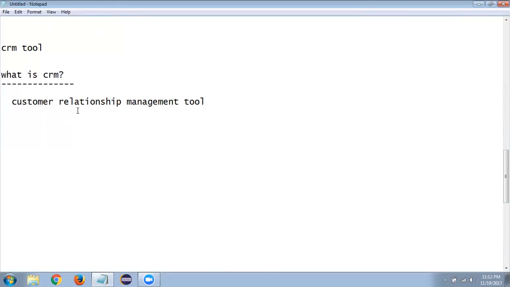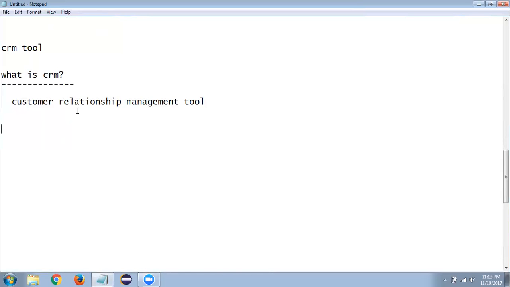We will discuss all those things in future classes. But coming to the demonstration, I just want to give a brief description of what a customer relationship management tool is, what exactly it is, and where you are using it. Once you get an idea of this, it will be very easy to understand the concepts available in Salesforce itself.